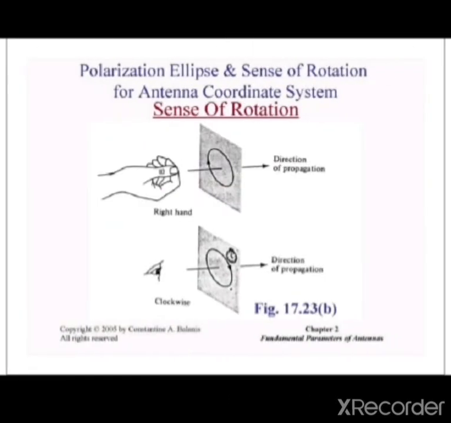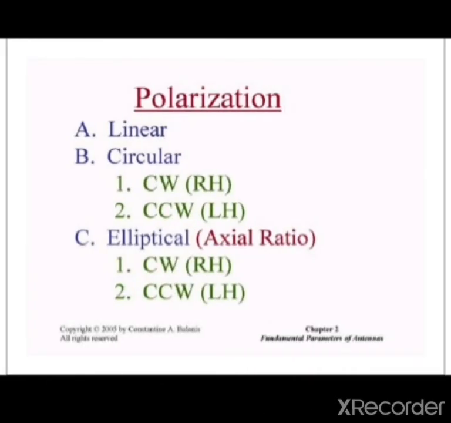If we come to the circular polarization, the components will be 90 degrees apart, and the major and minor axes will both be equal, just like a sphere. A sphere has only a radius, meaning on every side the radius is the same. So the major and minor axes will be equal, so Ex and Ey will be equal. But in elliptical polarization, Ex and Ey should not be equal. So the polarizations are linear, circular, and elliptical.